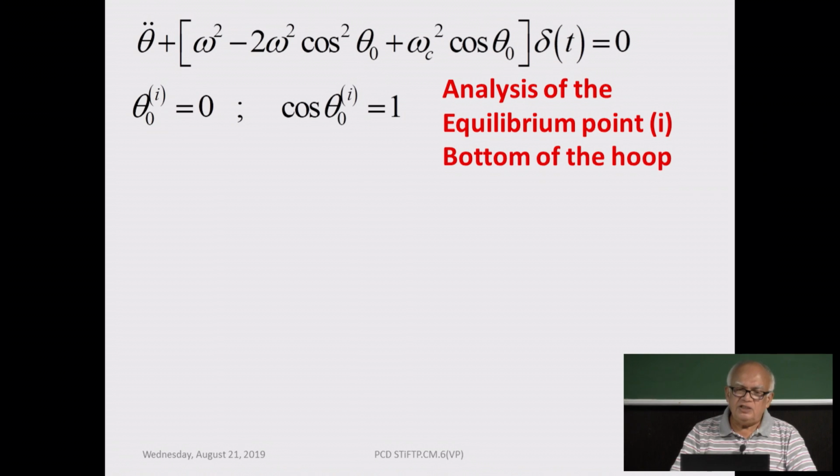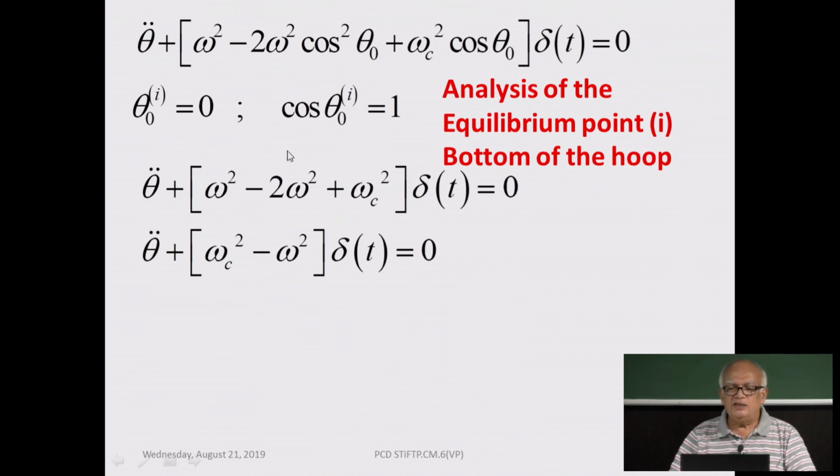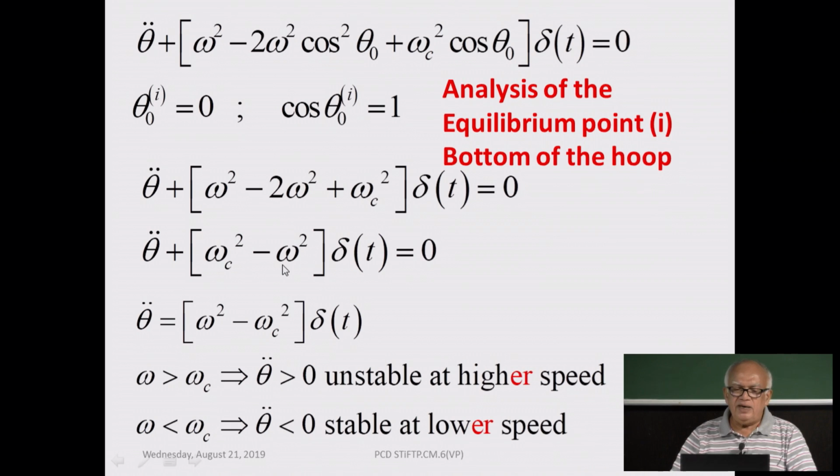So, at the first equilibrium point theta 0 is equal to 0. The first equilibrium point is what I denote by the superscript 1, all right, and over here cosine theta 0 is equal to 1. So, I put it back in this equation: this term is cosine square, this term is cos theta. So, you get omega square minus twice omega square plus omega c square over here, which simplifies to this relation,